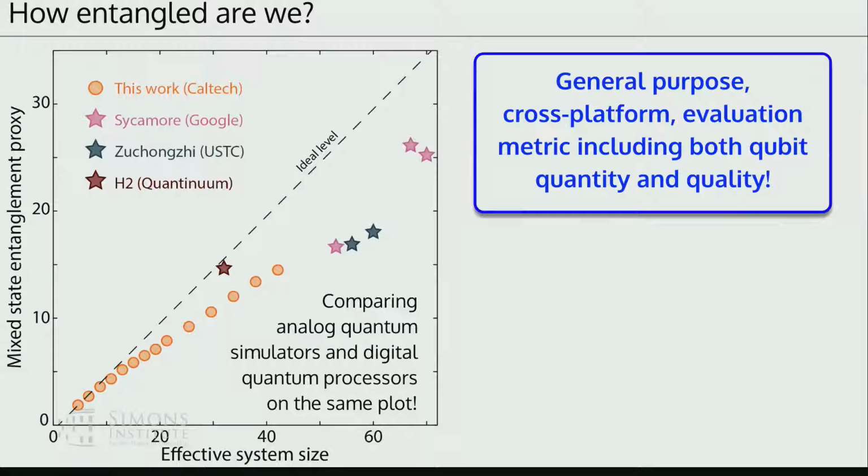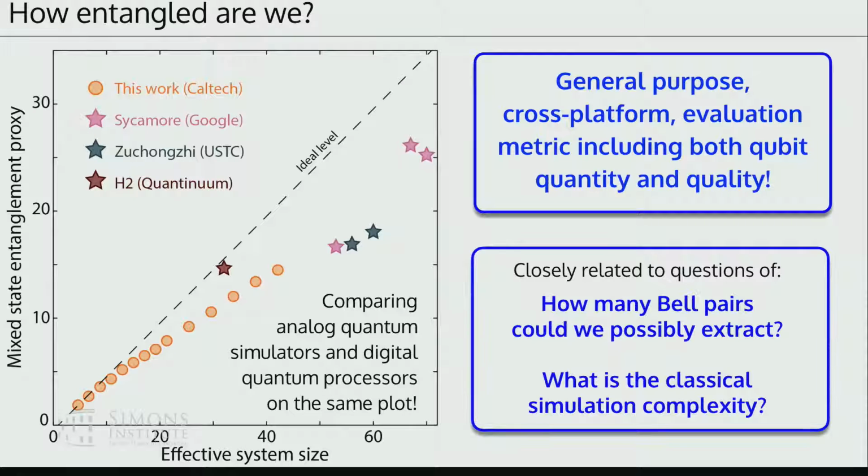And we can then use that as a proxy, in a quantum volume type-esque way, for how these systems are able to do these complicated tasks. This is general purpose, includes both qubit quantity and quality. And last thing I'll mention here is that while we're not fully defined on some of, well, okay,